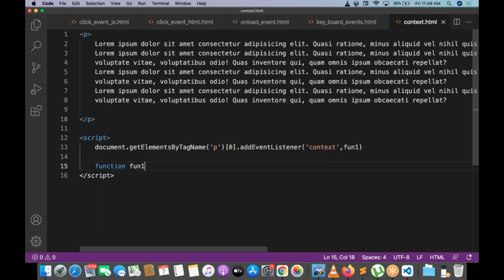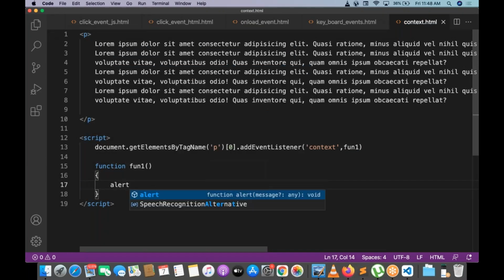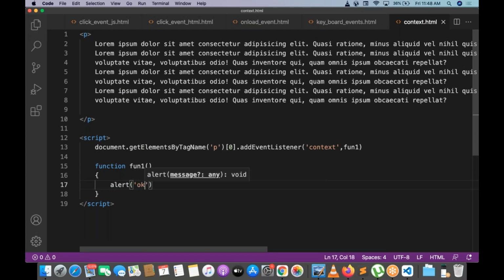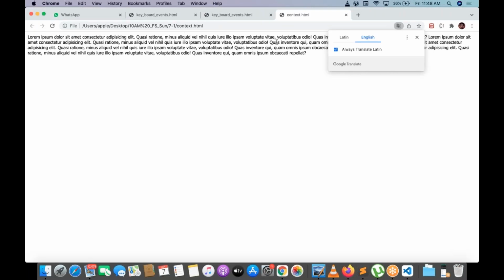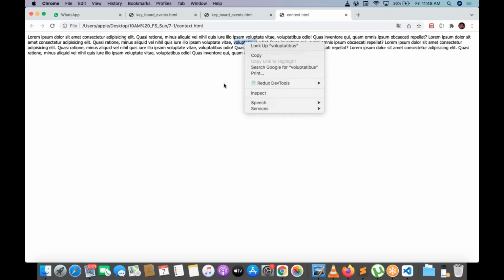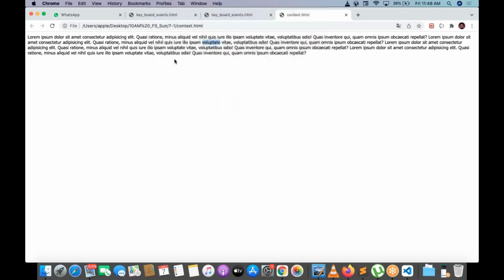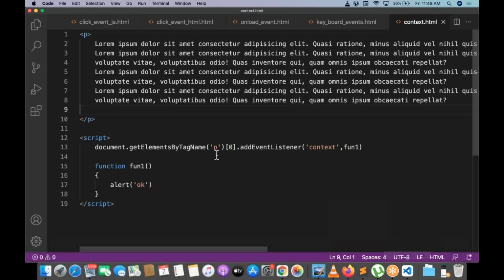Function fun1. Remember one thing, something like an alert box. Alert, okay. So when we do right click on this, right click is working. What is the problem? Document.getElementsByTagName, tag is P of 0, addEventListener, context, function 1.